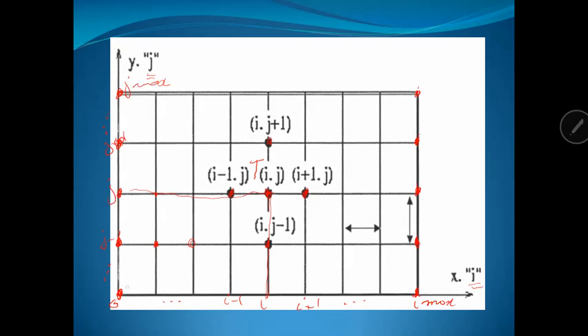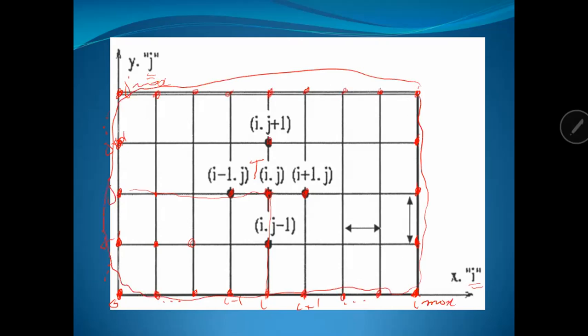This is for x equals 0, x max. How about the boundary condition on x? The boundary condition on y: when y equals 0, then these values here are known values, and I put thermocouples here. And if y equal y max, all these values are known values. Okay, then all the boundary values here